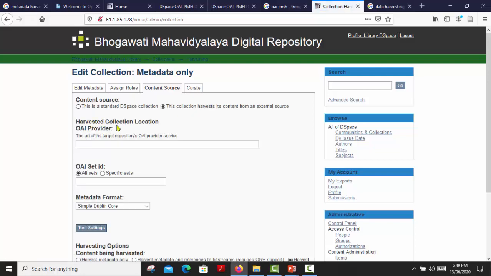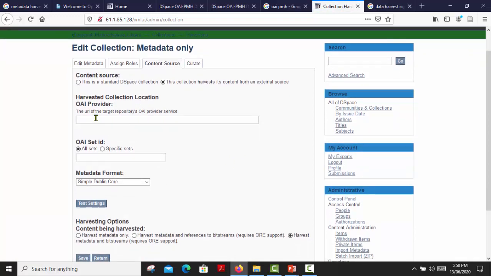Then the OAI-PMH harvesting page will open. Here some options are there. First, the harvested collection location, meaning from which repository you are going to harvest. We have to give the URL of the target repository's OAI provider service, meaning from where we are going to harvest the data.